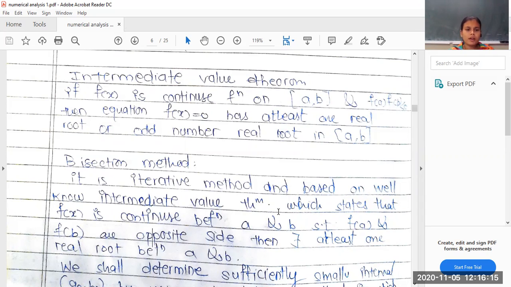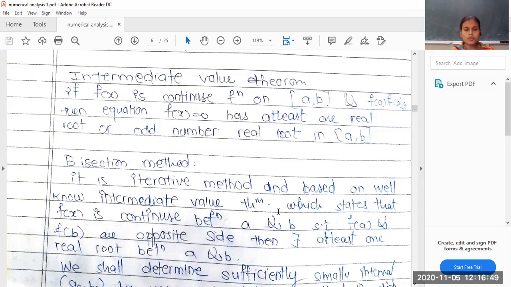Now one may have a question: why are we going to study the bisection method or any of these methods, because we already know how to find the root of a polynomial or any equation, by using the synthetic method, or if it is quadratic then we can use the formula minus b plus or minus under root b square minus 4ac divided by 2a. But why are we using the bisection method? Because there are some equations whose root cannot be found by the method of synthetic division.